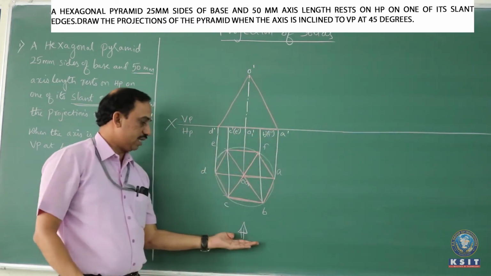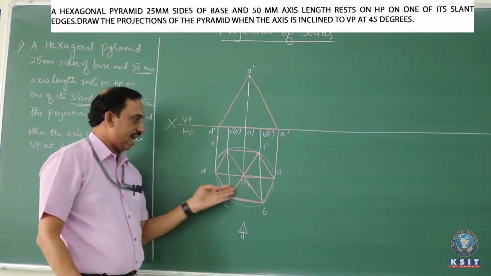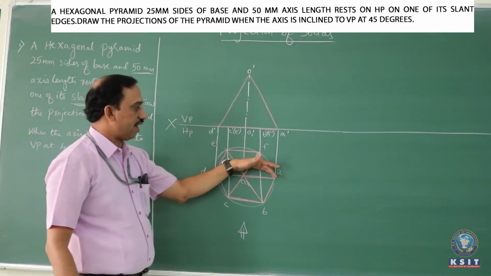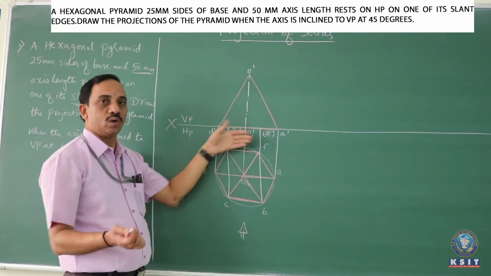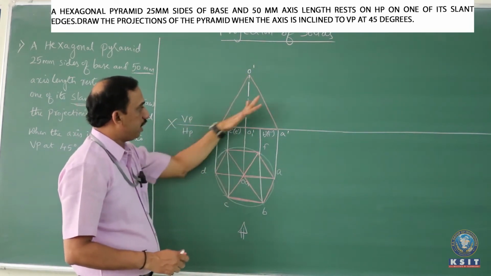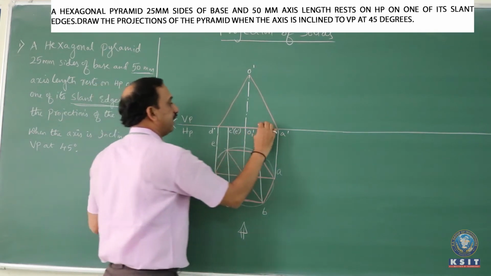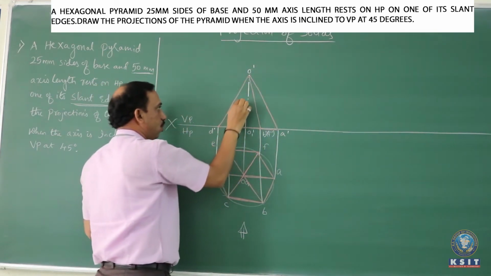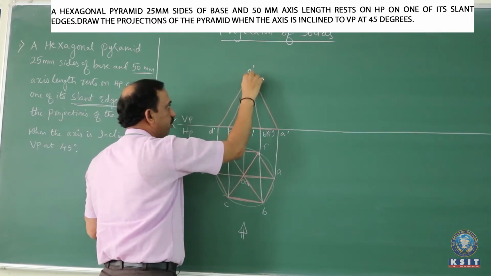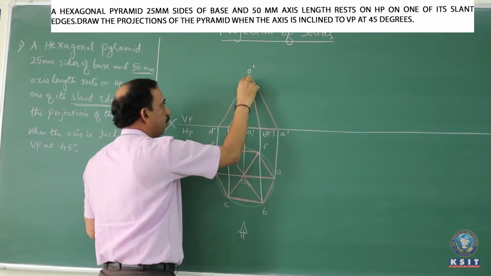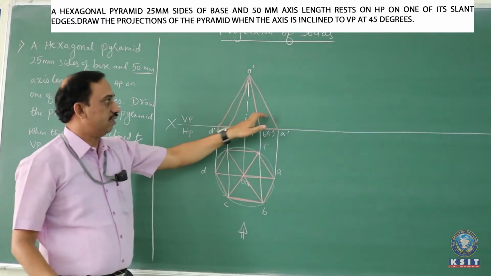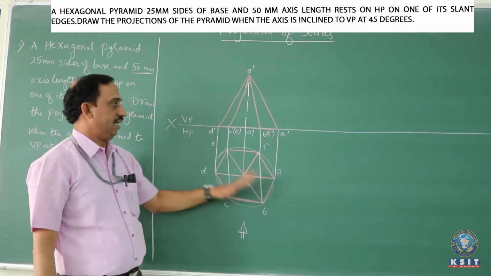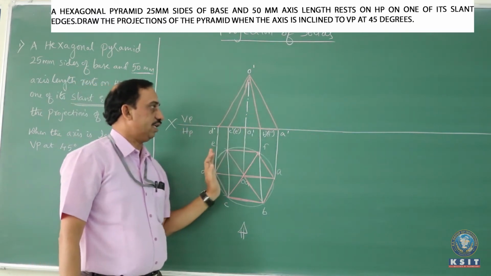Similarly, when the observer sees from the front, there are 3 triangles which is the front half of the solid. The other 3 triangles are at the back of this, which is not visible. But here we have only one triangle. So, when you start connecting B dash to O dash as well as C dash to O dash, you get the formation of 3 triangles coming into existence. 3 triangles is what is available for the observer when he sees from the front. So that completes exactly the front view.